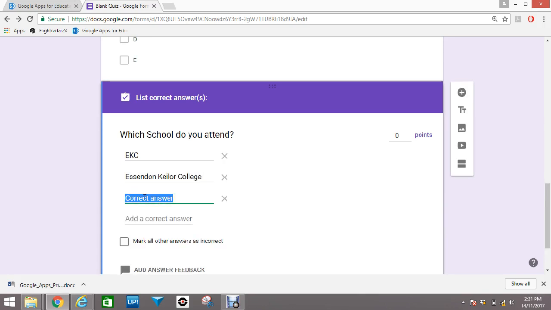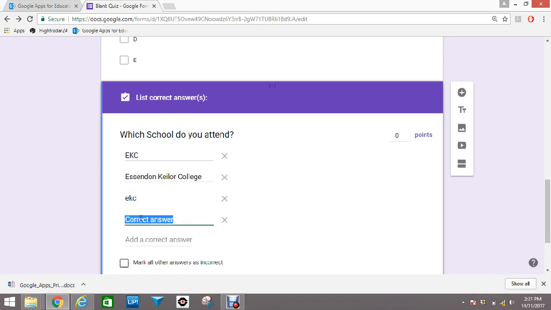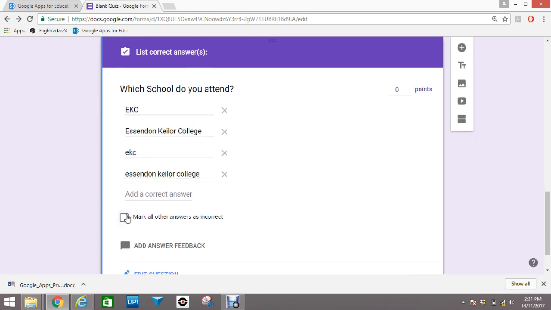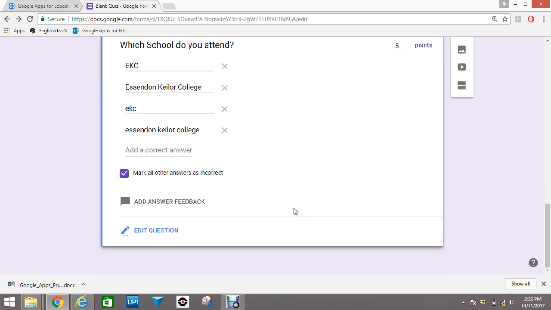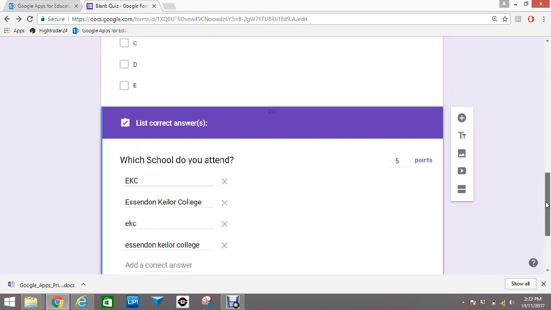Now I can't quite recall, but I think it might be case sensitive, so I might choose to have the non-case sensitive versions in there as well, or the non-correct cases in there. And I've given those 4 options. I'm going to say everything else is incorrect. Again, I can put in feedback if I want. I'm going to say that's worth 5 points. No, it's only let me do, no, there we go, 5 points. So that's worth 5 points. That is in there. I've said that every other question is incorrect, and that question now is in my quiz